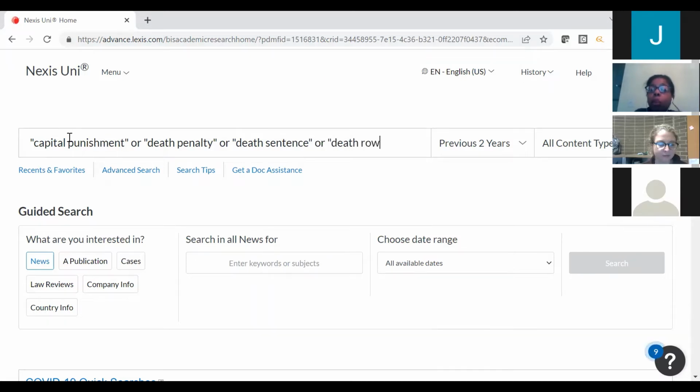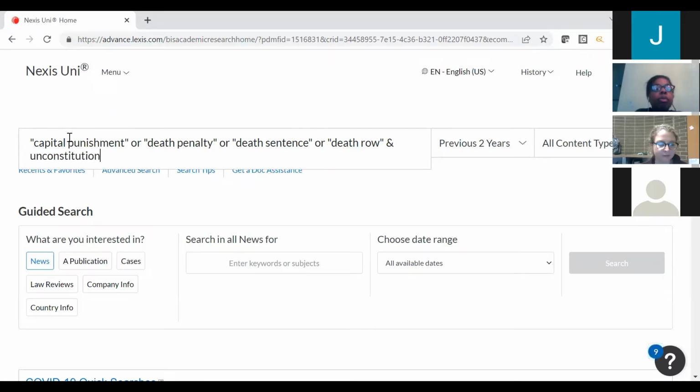Now, what I'm saying is that one or the other must be in the document, or it may be 2 out of the 4, 3 out of the 4, or all 4, but one or the other must be in the document, the full text. And we're going to say and, using my and connector. You can spell that connector out, but just for flexibility, you can also use the ampersand, that wonderful shift 7. And I'm going to put in